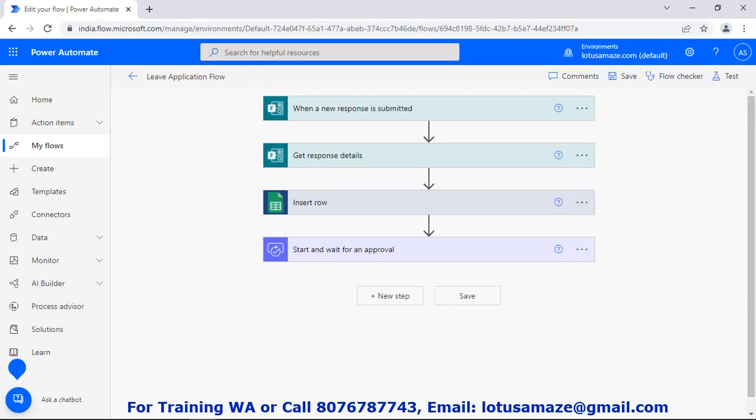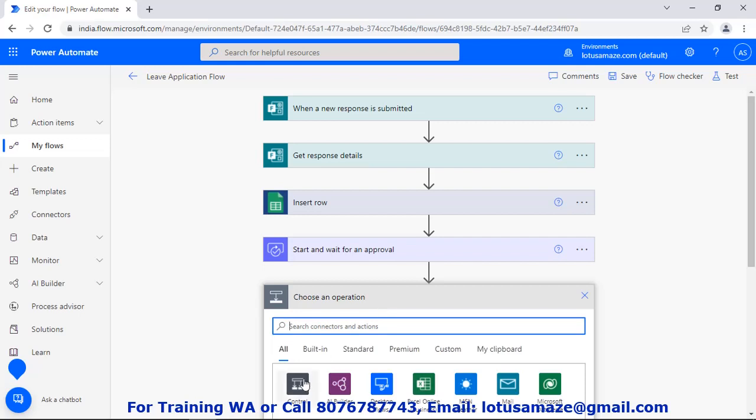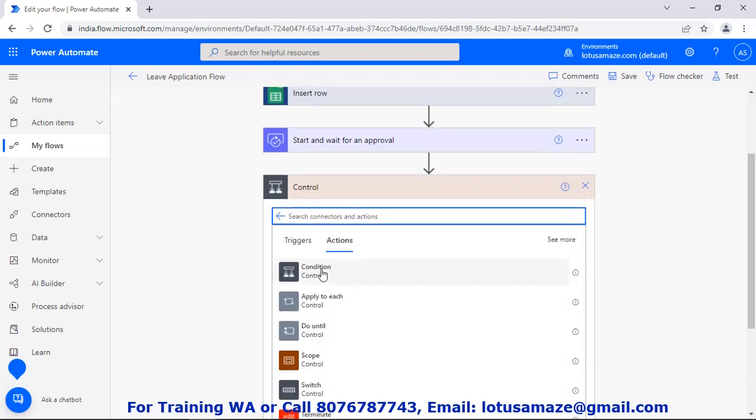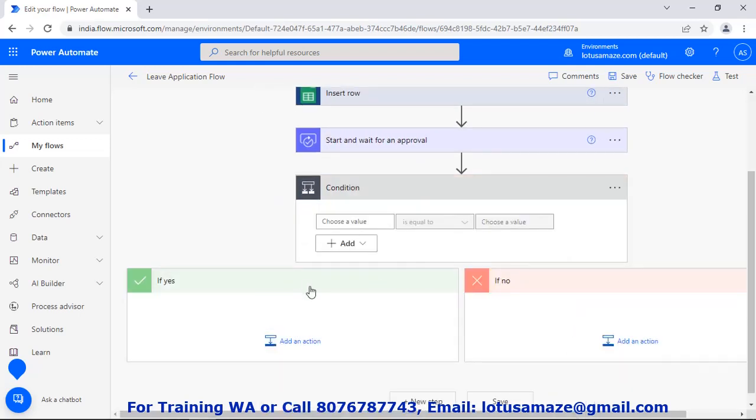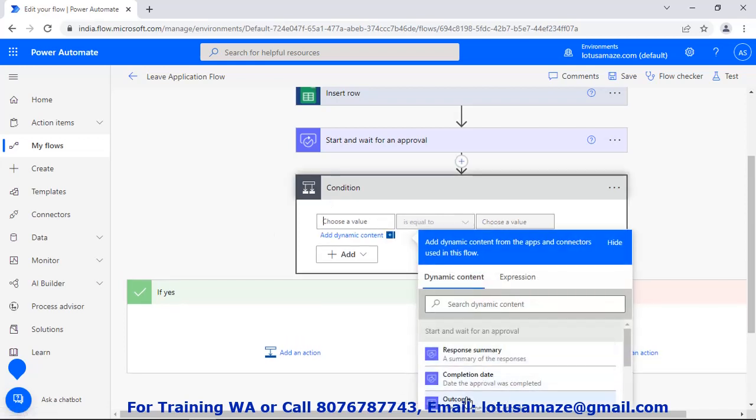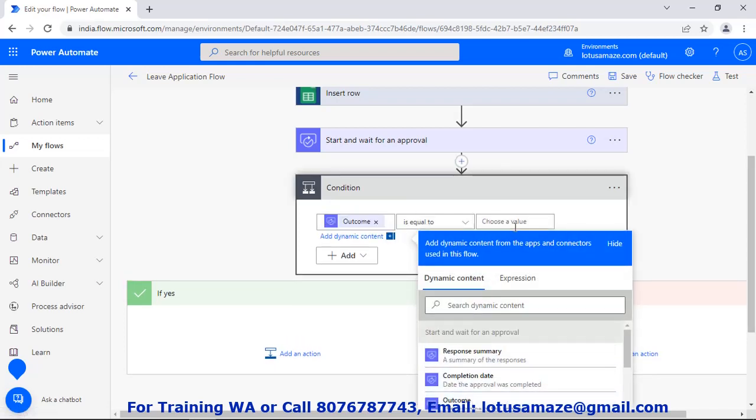Now the next step, the decision taken by the approver: reject or approval. It means we need a condition. So new step, then control and a condition. So the condition is if approved then yes, if not approved, meaning reject, then no. So choose a value, that is the outcome of the approval, is equal to say